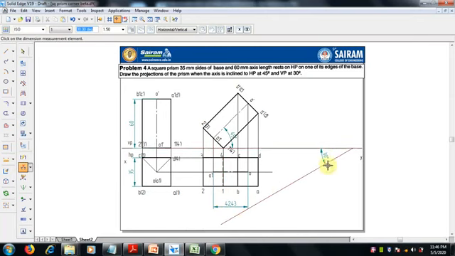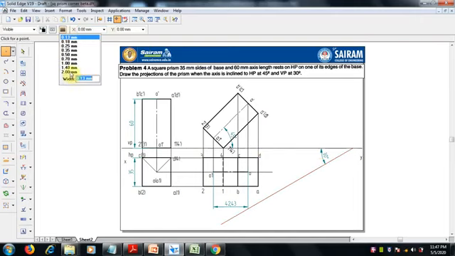Now we have to move this here. Directly we should not move it, we have to find the beta angle, since it is given that the axis is inclined to HP and VP. First we need the original true length of the axis, which is 60. So what I am going to do is make a point, that is the O dash, somewhere here, with 0.2 mm thickness for visibility.